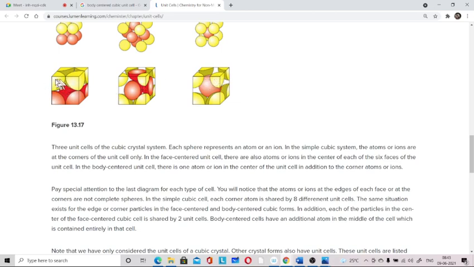In the primitive cube, the corner atoms are touching each other, the spheres are touching at this point. But when this larger atom is inside at the body center, the corner atoms are not touching each other. So remember that corner atoms touch each other in the primitive cube, but corner atoms do not touch each other in the body centered cube. Understood this one? Got it?